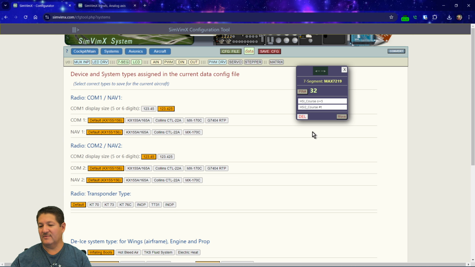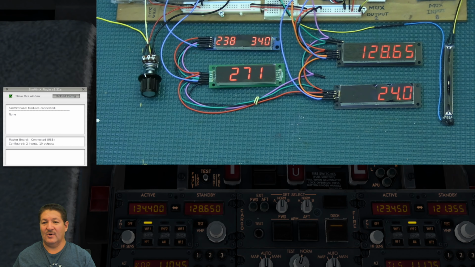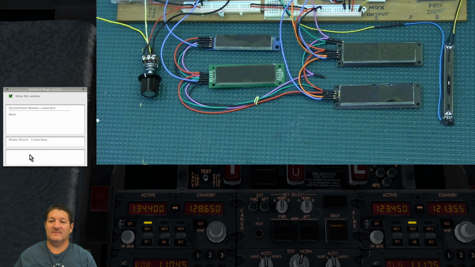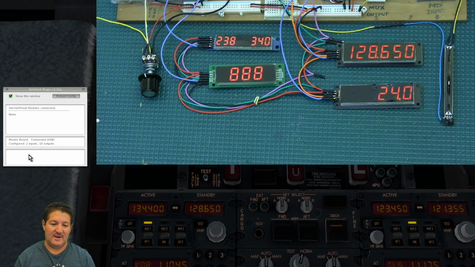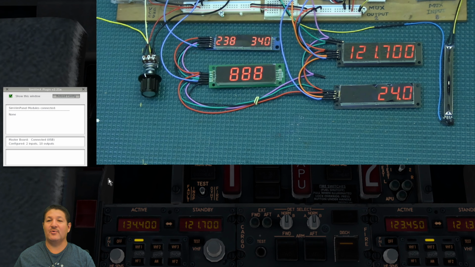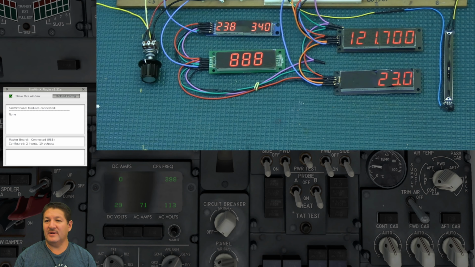And then we can go back over to the simulator again, or the overhead, and we can go ahead and refresh or reload the configuration, and you can see now that it has 3 digits after the decimal point, right? So if I go over here and start moving them around, you can see that the display is working appropriately there. Alright, so now if we go over to the one over here with the cabin temperature, you can see that it's displaying about 23 degrees,